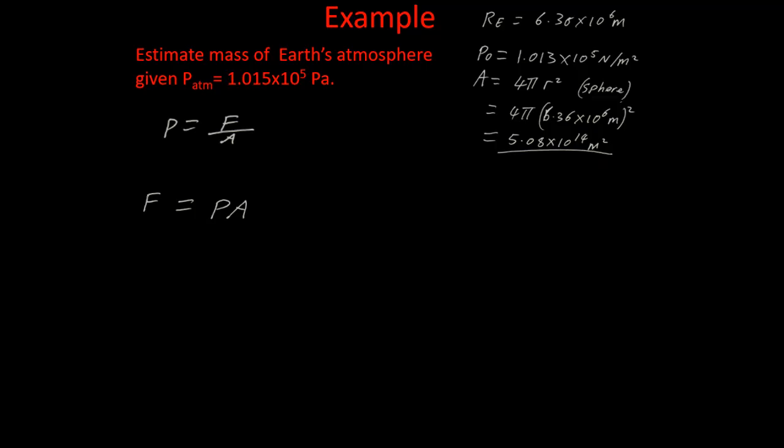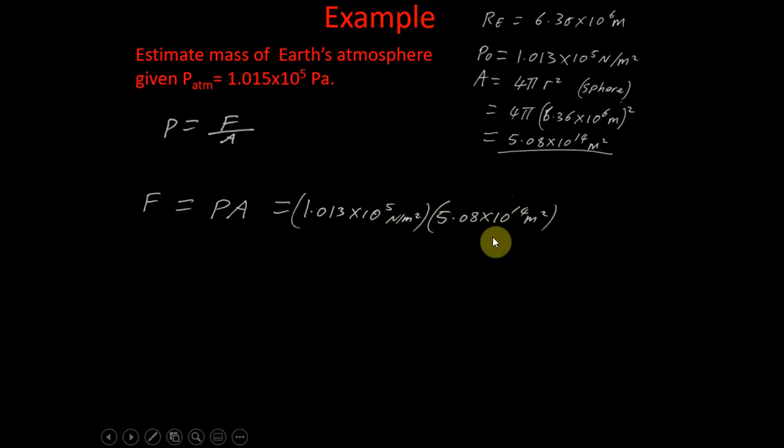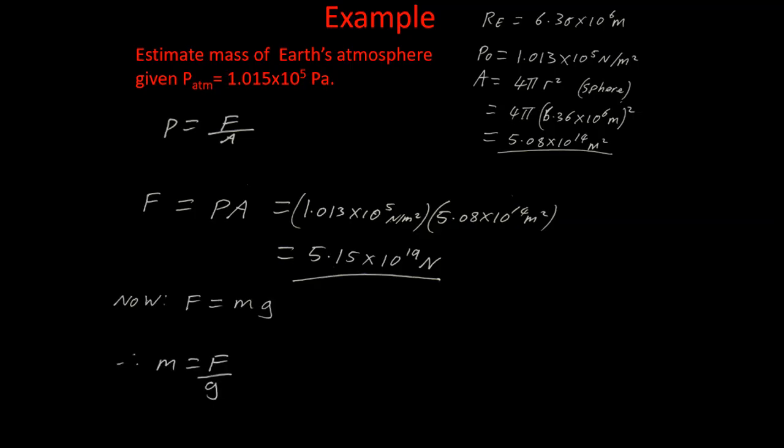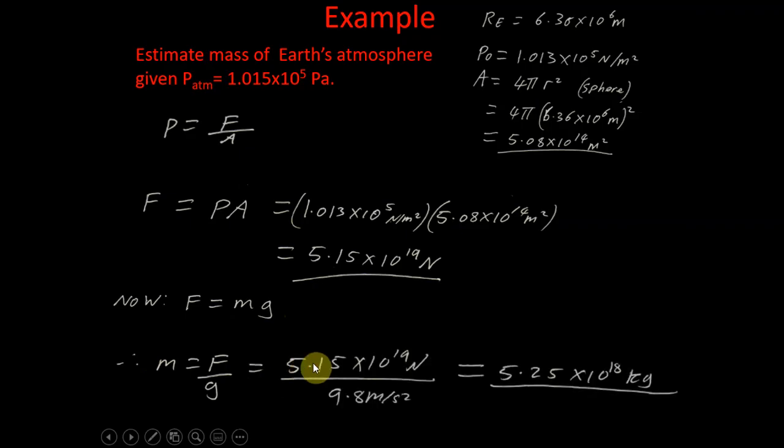This means our force will be P times A. We can now say our atmospheric pressure multiplied by the area of the sphere will give us 5 times 10 to the 19. That still doesn't give us a mass. That gives us the force of Earth's atmosphere, at sea level, of course. Mass can be derived from F equals ma, where a, the acceleration on our gas, is going to be g. So m is F over g, substitute in, and we end up with about 5 times 10 to the 18